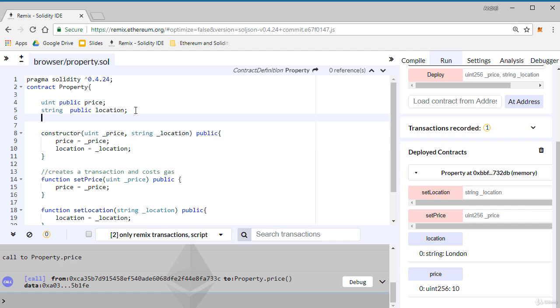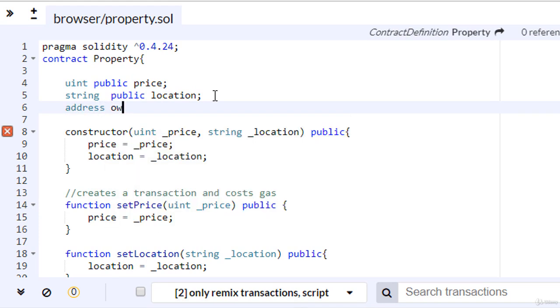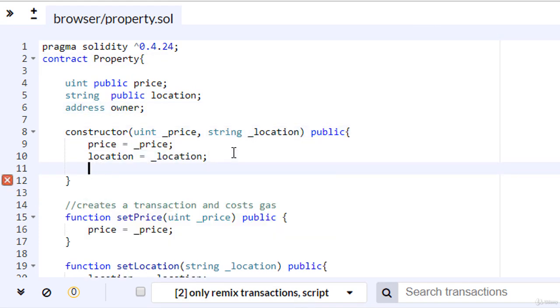Sometimes it's very important to register the address that deployed this contract because that is like an admin, like an owner of the contract, and for the security of the contract some functions could and must be run only by the admin. So let's create another variable of type address, let's say owner. And inside the constructor we initialize this variable named owner with